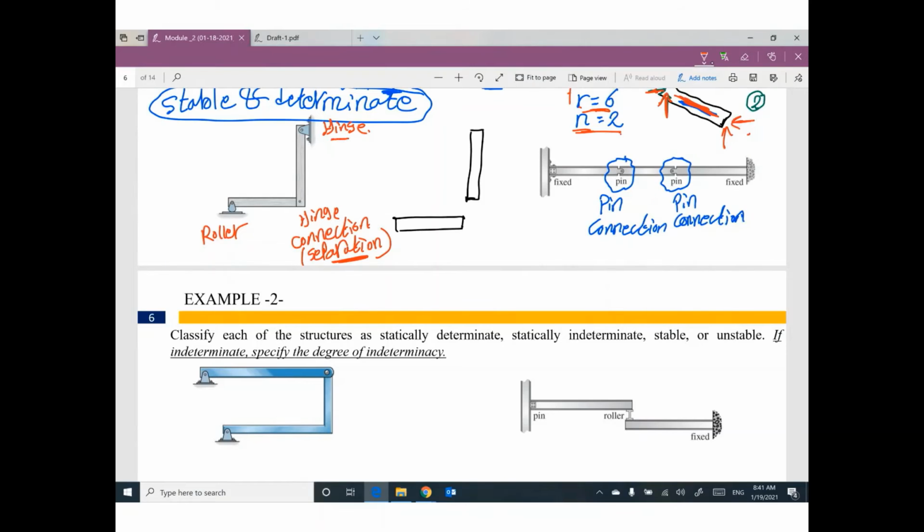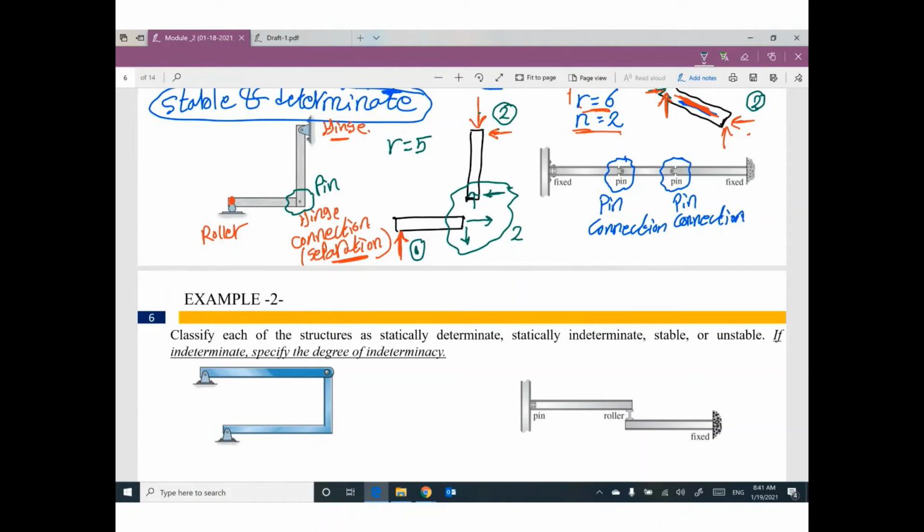You have here hinge support, so we have 2 reactions, 1 and 2. We have here roller, so we have only 1 reaction. You have here hinge or pin connection, so we have only 2 reactions, 1 vertical and 1 horizontal. They will be the same values, but in opposite direction. All of them will be counted as 2. And these 2 reactions are 2. And this one reaction is 1. So R equal 5,